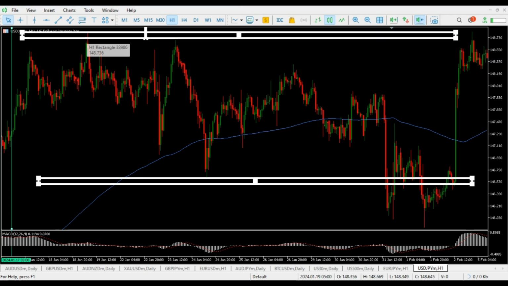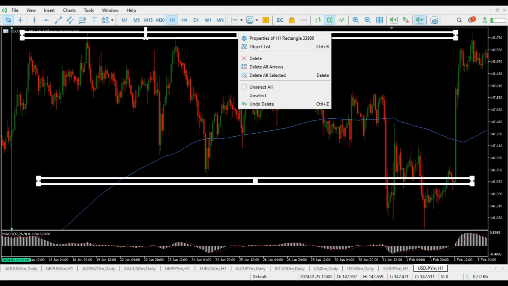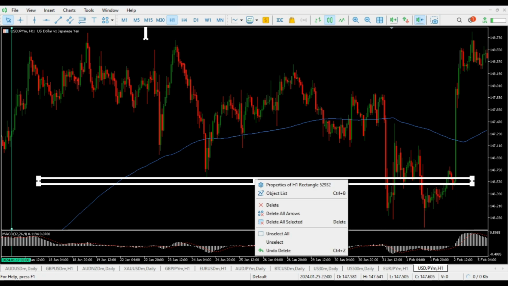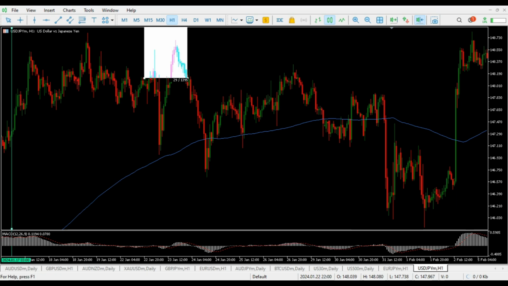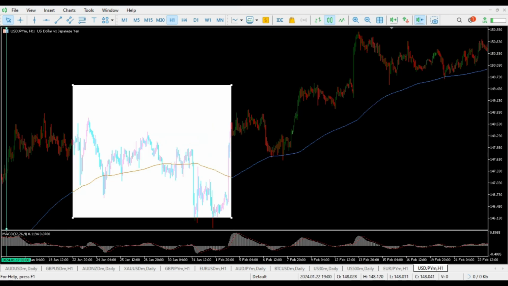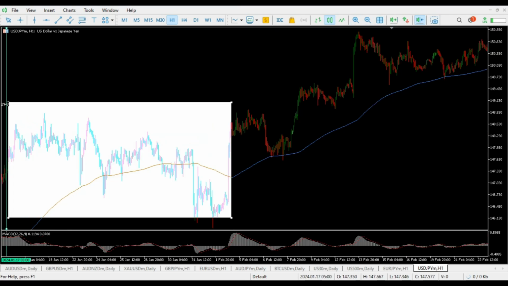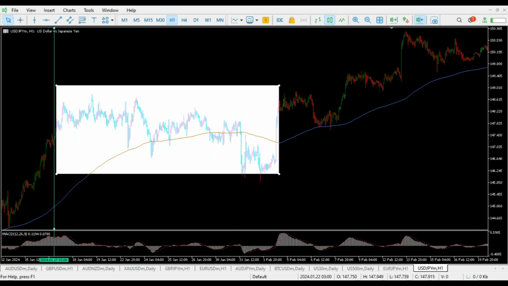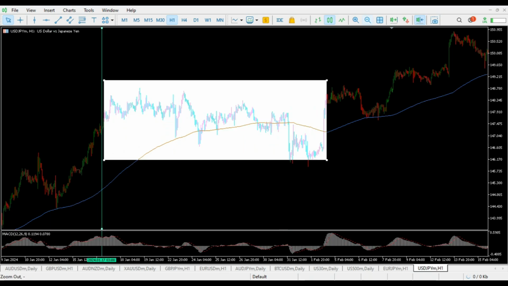You can define it as support or resistance, but all this zone here is considered a ranging area. So as a trader, this is where you need to identify such a ranging market. And if you would like to take a trade